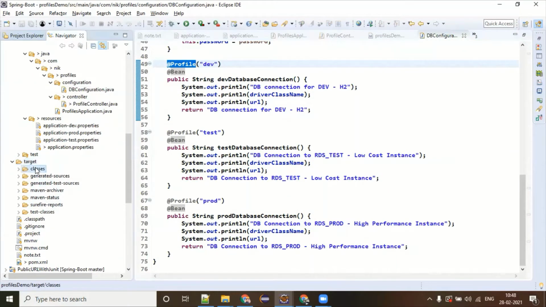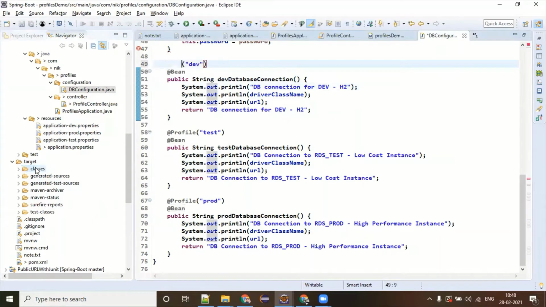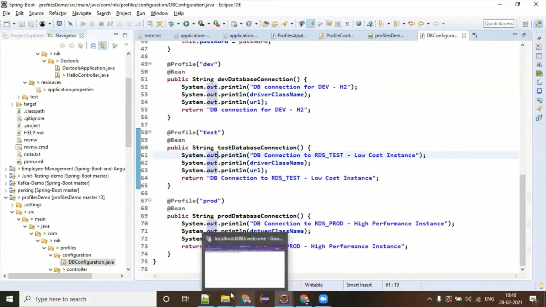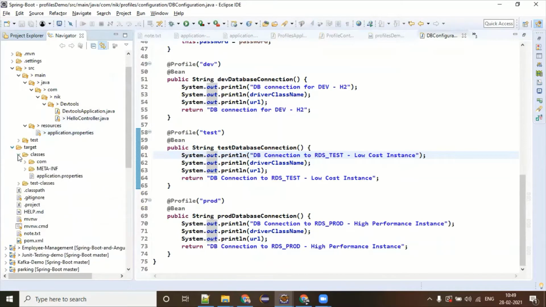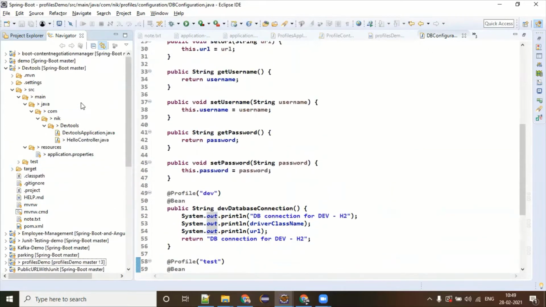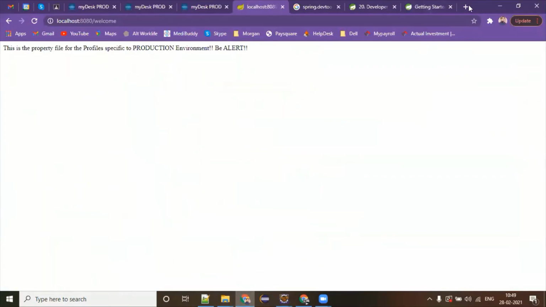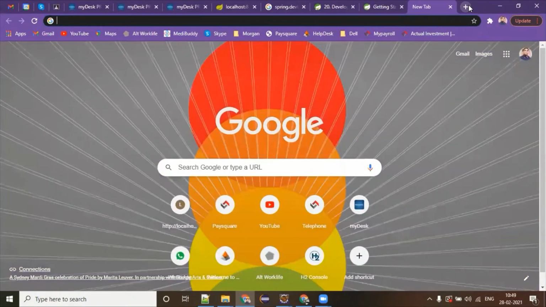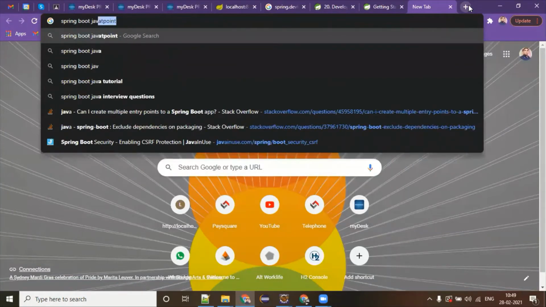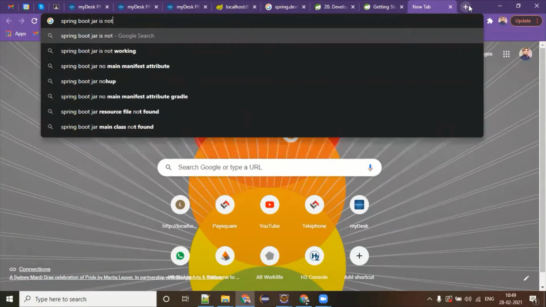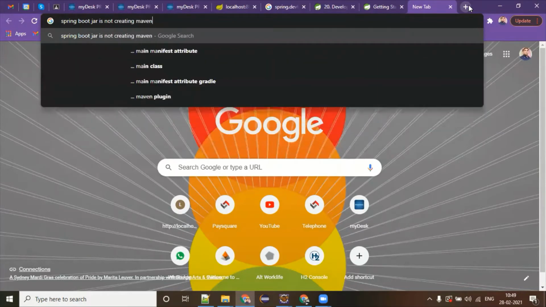Surprise. Let me take help of a search: Spring Boot jar is not creating, Maven.